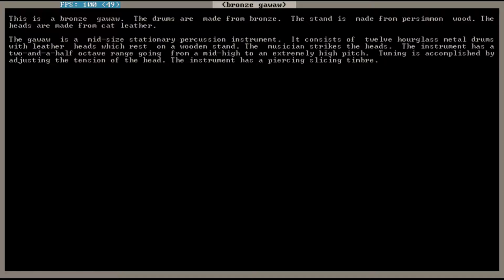It's only worth 320. This is a bronze gawa. The drums are made from bronze. The stand is made from persimmon wood. The heads are made from cat leather. The gawa is a mid-sized stationary percussion instrument. It consists of 12 hourglass metal drums with leather heads which rest on a wooden stand. The musician strikes the heads. The instrument has a 2.5 octave range going from a mid-high to an extremely high pitch. Tuning is accomplished by adjusting the tension of the head. The instrument has a piercing, slicing timbre. So it's sort of like a